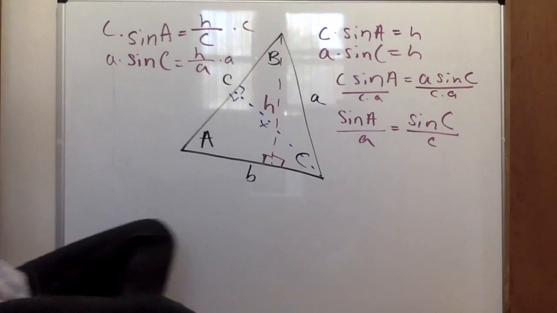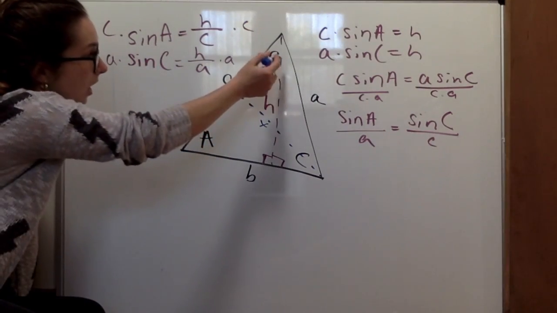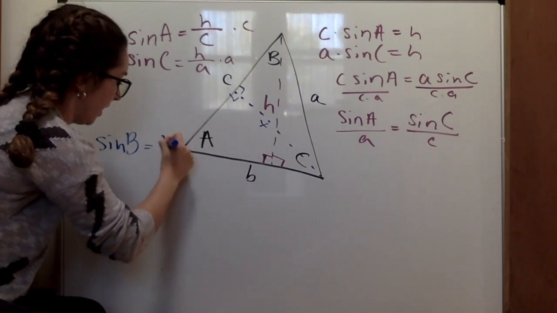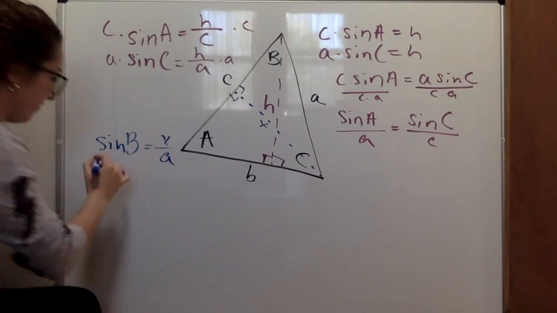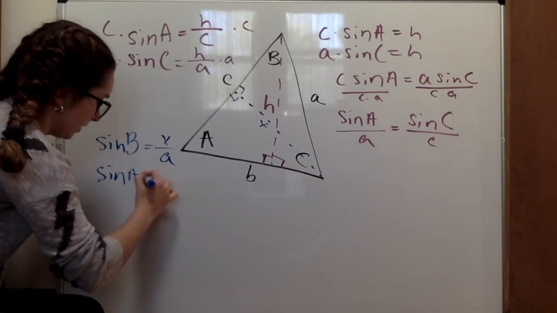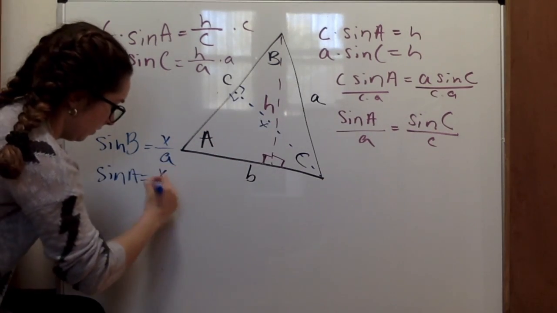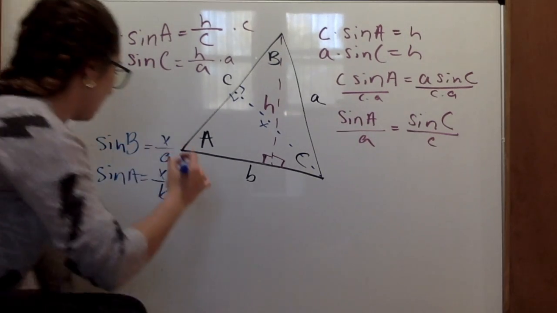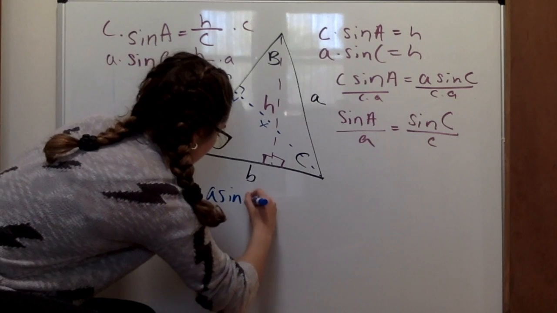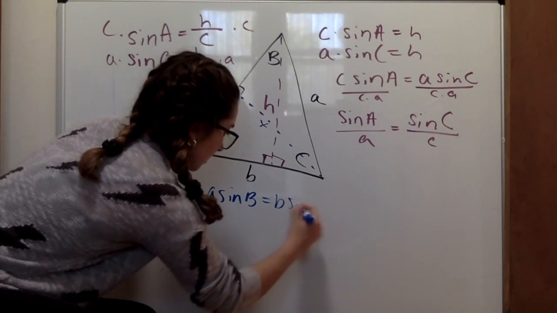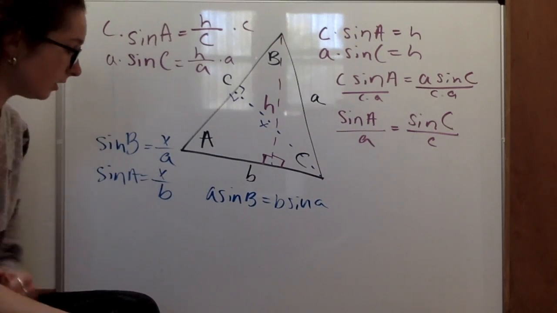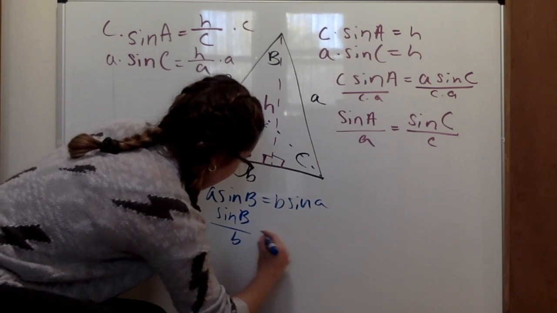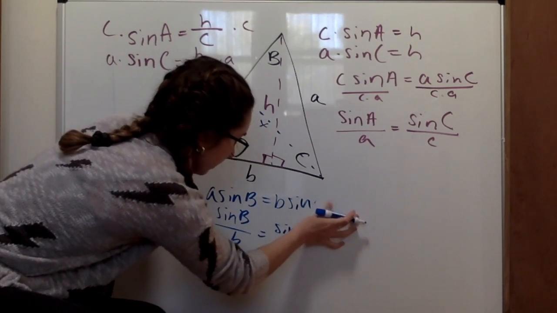But I can do the same thing and say, okay, sine of B is going to be X over a, and sine of A is going to be X over b. And I can do the same thing, solve for X in both of them, set them equal to each other. I'll end up with a sine B equals b sine A, right? And then I can divide again, and I'll get sine of B over b equals sine, oops, that should be a capital A,